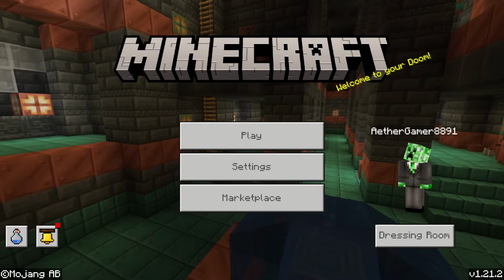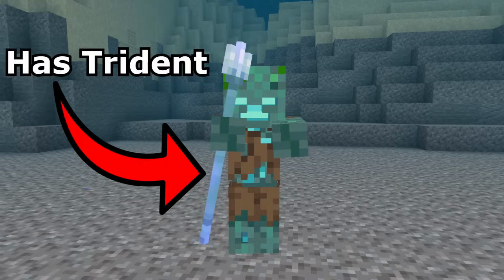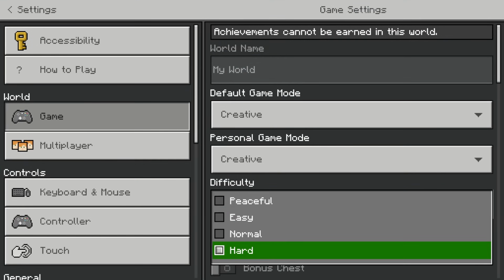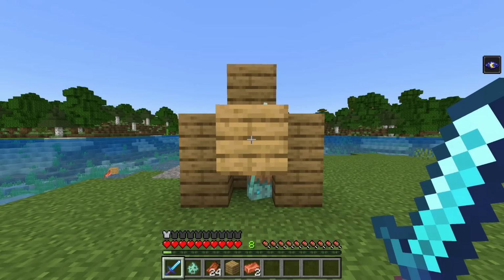Unfortunately, this one is bedrock exclusive, but it's still super useful if you do play bedrock. Basically, you need to find a drowned that wields a trident and also has the ability to pick up items. These type of drowned are more likely to spawn on hard difficulty, so change your difficulty to that. Now you need to make sure the drowned isn't currently attacking you, so you need to trap it like this